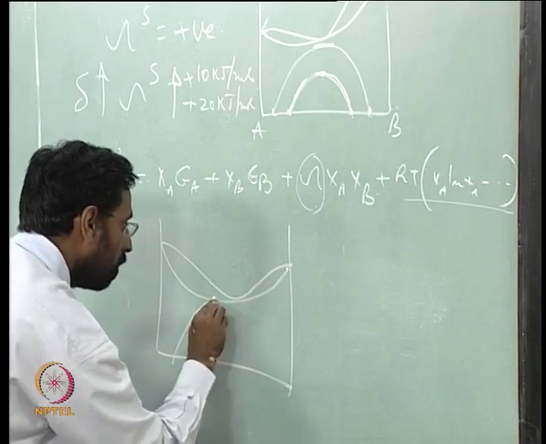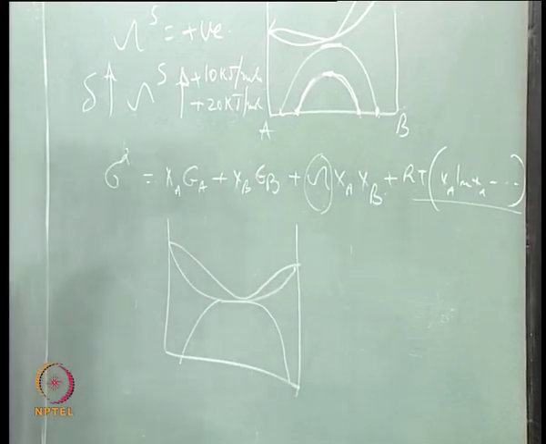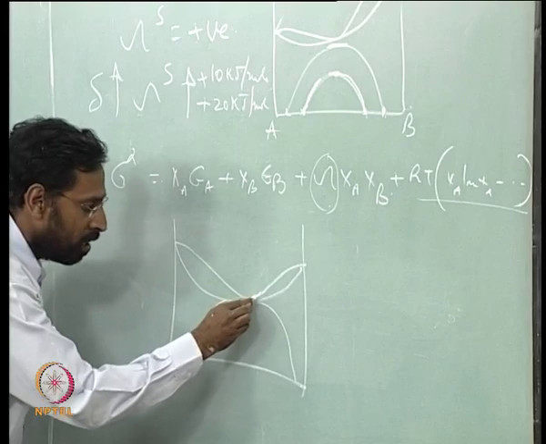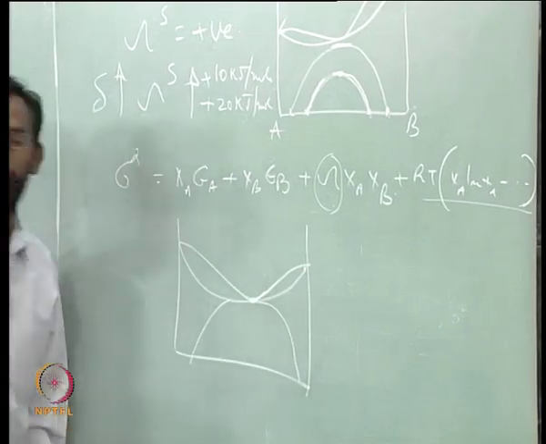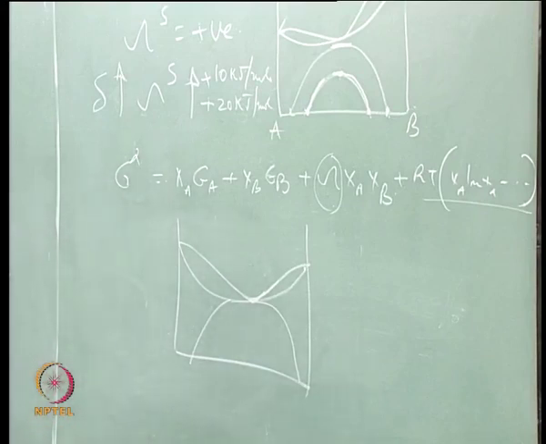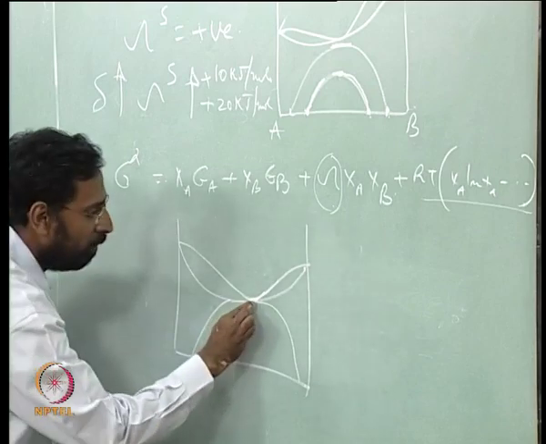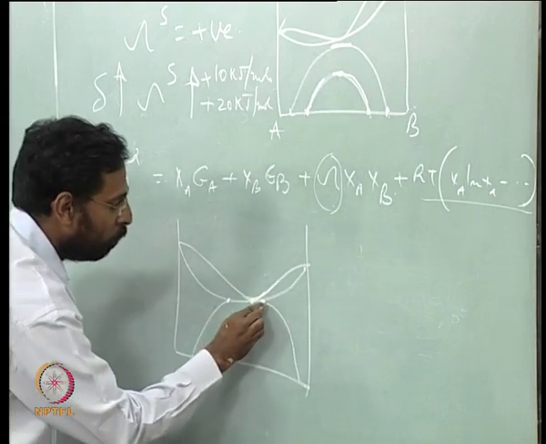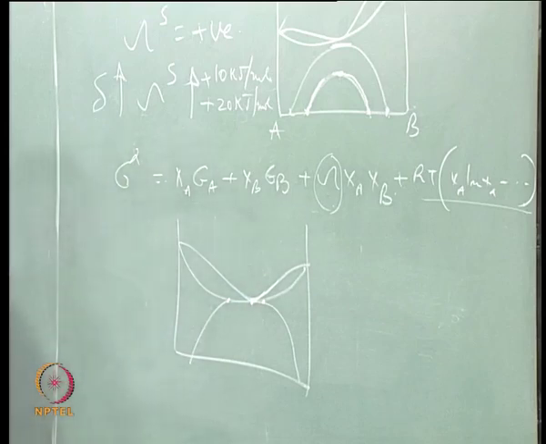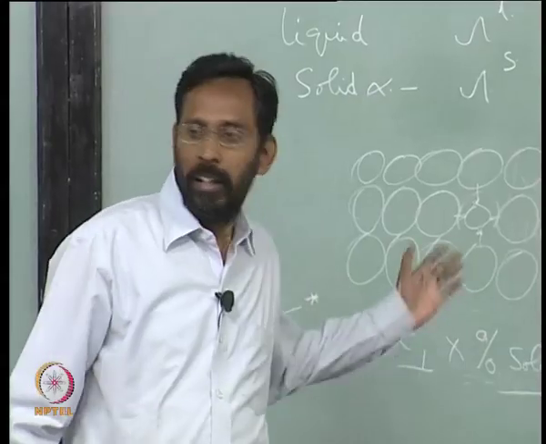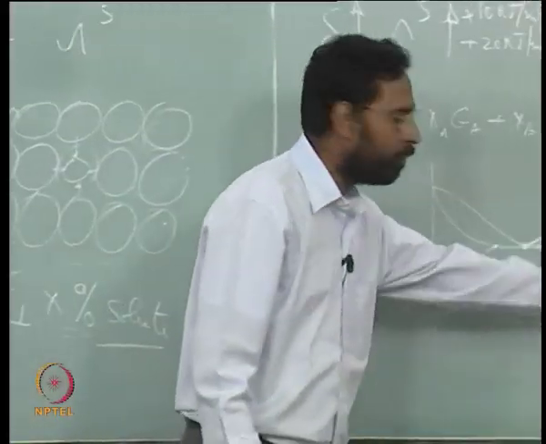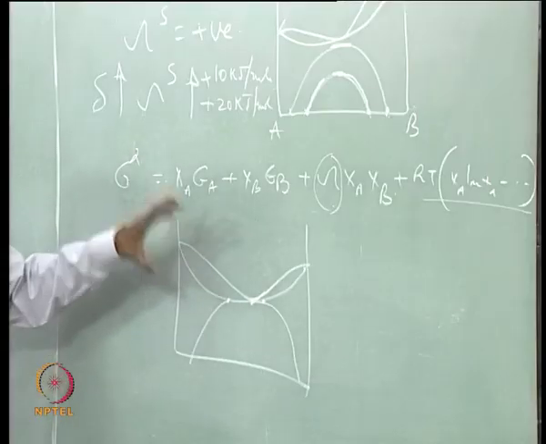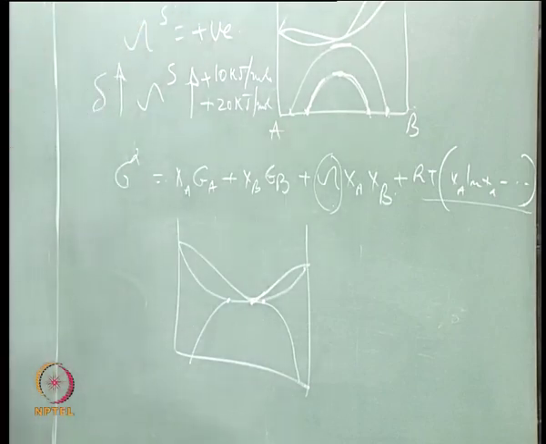and you would see both of them merging into each other, and once they merge into each other, what you end up with is nothing but a eutectic. This is nothing but the eutectic point. These two are the compositions where you have the maximum solubility of B in A and maximum solubility of A in B. So you can see an isomorphous system suddenly has become a eutectic system,